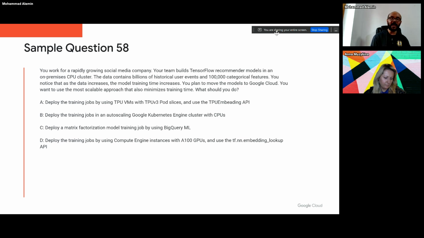That means option A is the best choice. TPU VMs plus TPU embedding is the most scalable